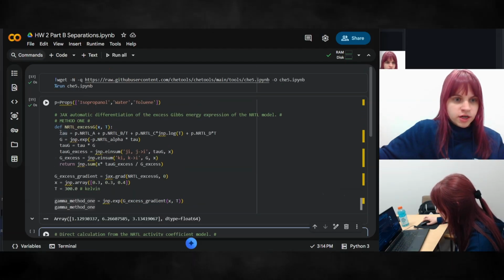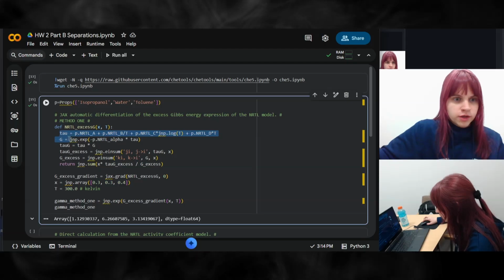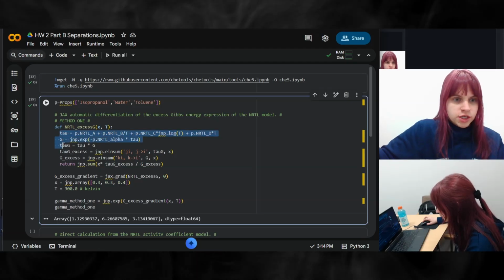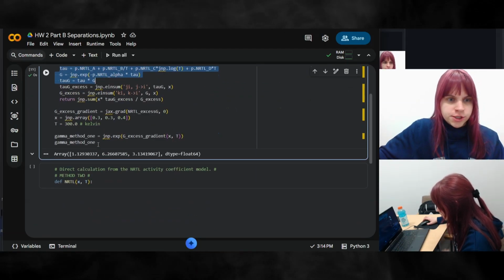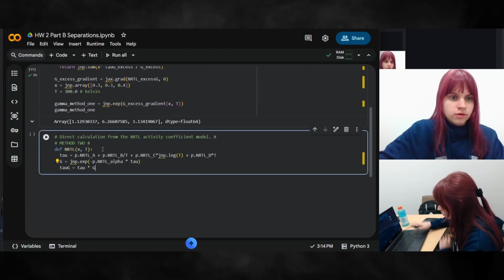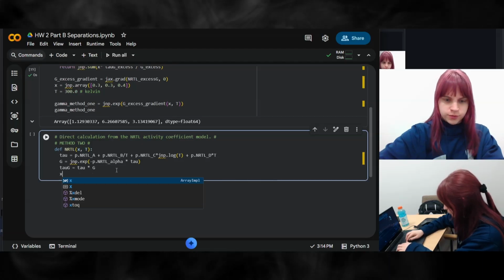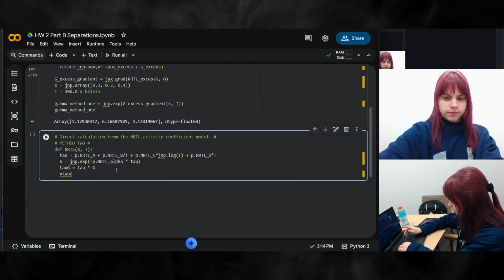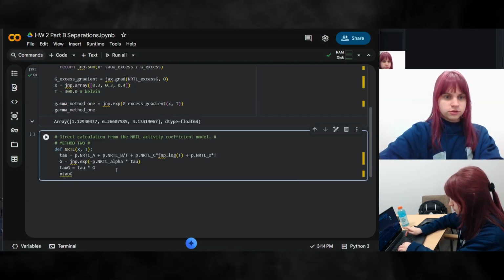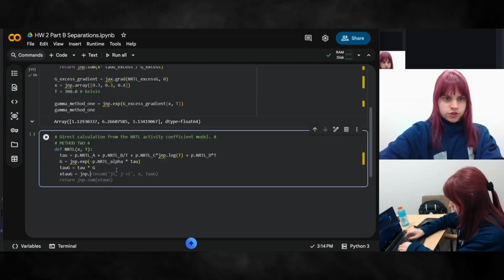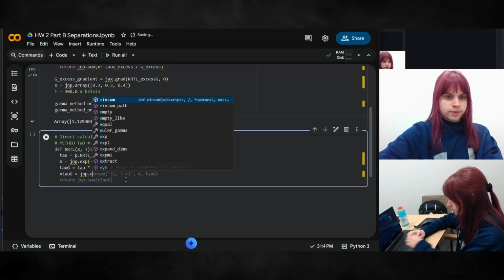And we can actually copy and paste from method 1 our tau G as well as our tau G, rather than retype that out. And we'll do some more einsum. So X tau G is GNP dot einsum